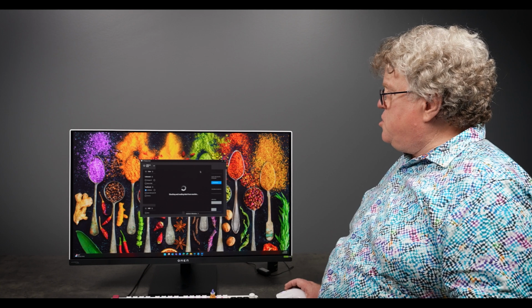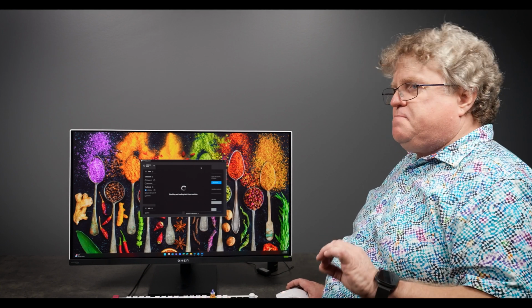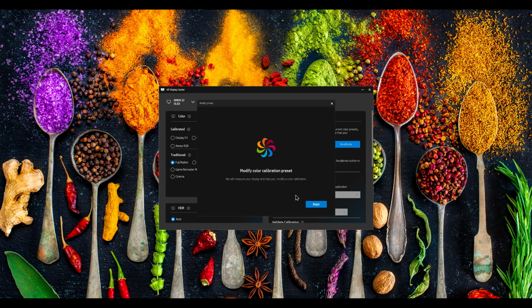Let's click on Modify to modify one of the existing presets. The first thing it's going to do is go out and read all of the preset information off the monitor. This may take a moment. Once the data has been read in, we get to go through the process of creating or modifying a preset. When I click Begin, it's going to ask me which of the ones do I want to modify. Again, if I'd chosen Create New, it would just leave this step and we'd be building a brand new one. Let's say I want to modify Display P3. I'll click Next, and it gives me 3 different options for how I want to recalibrate it.